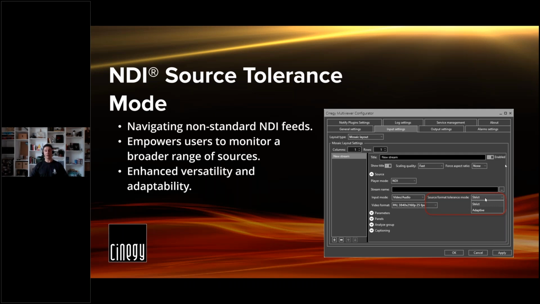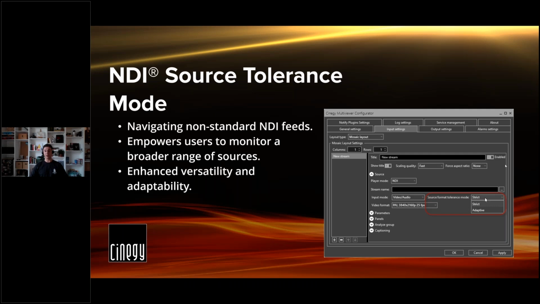So those NDI feeds that effectively have cinematic FPS or a bit odd frame size, like, I don't know, 1280 by 720. No, that should work. But if it's 710, or some sort of anamorphic formats, that's where you would need this option, because